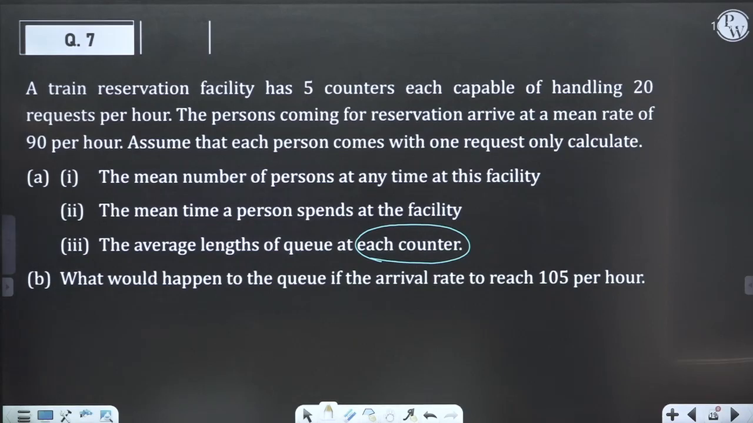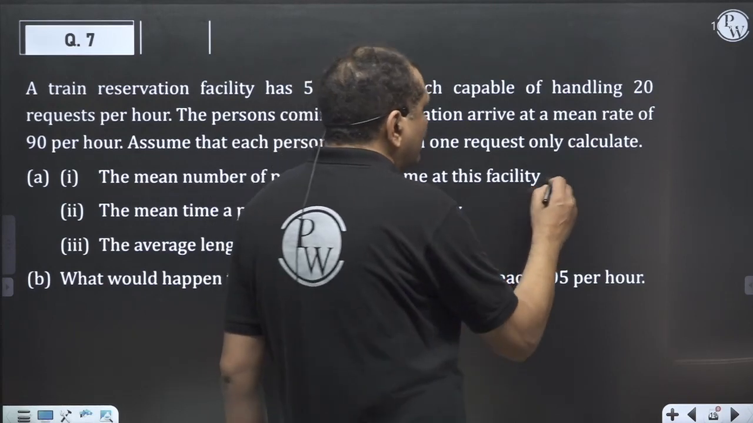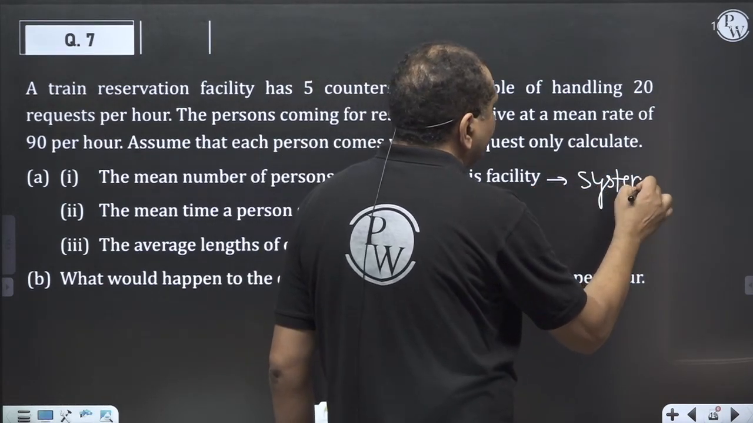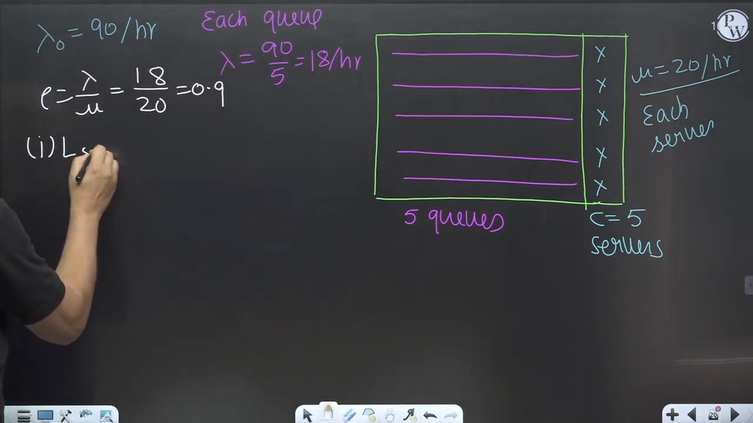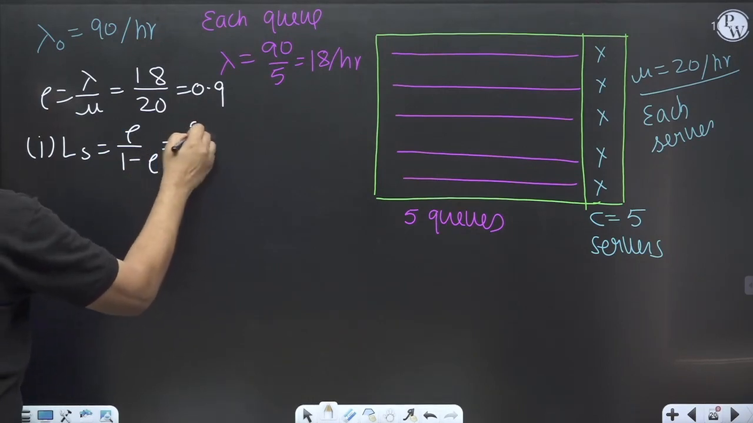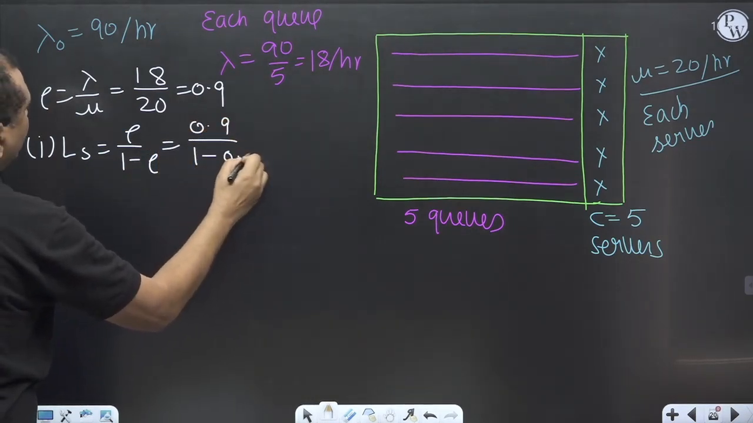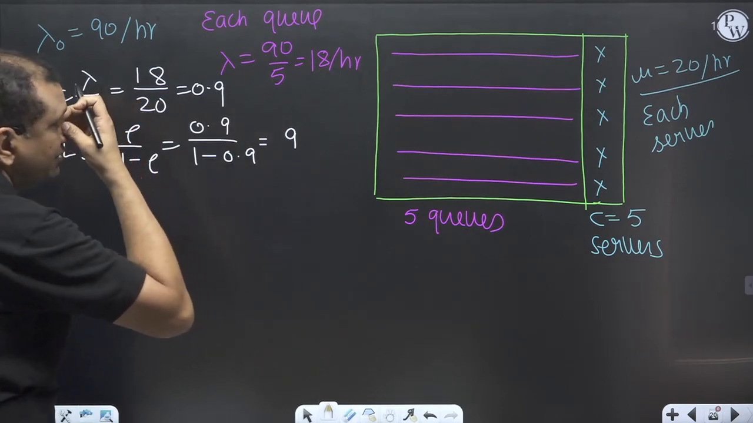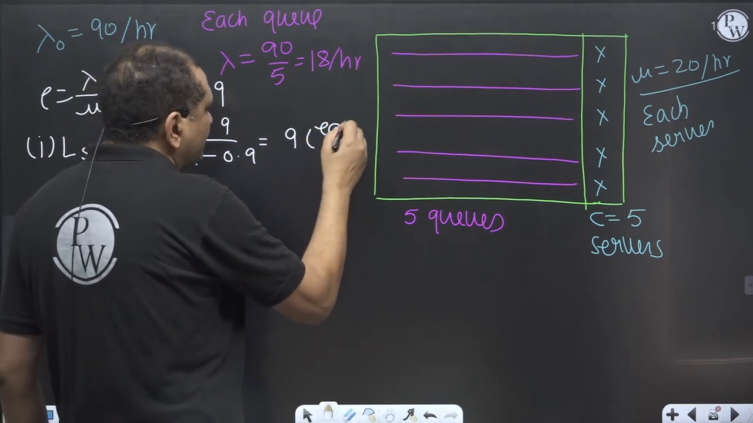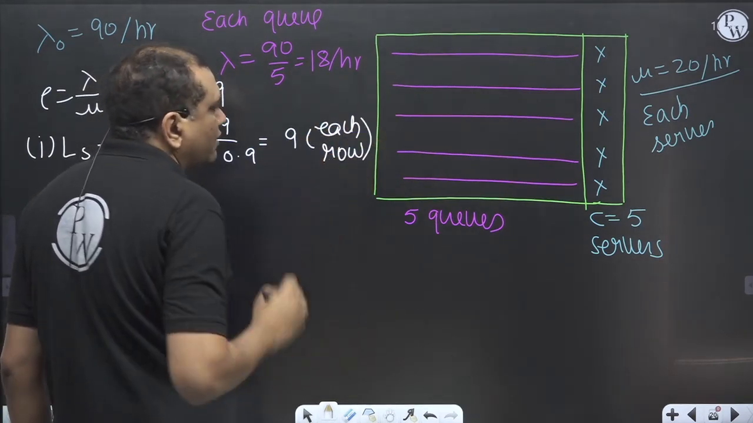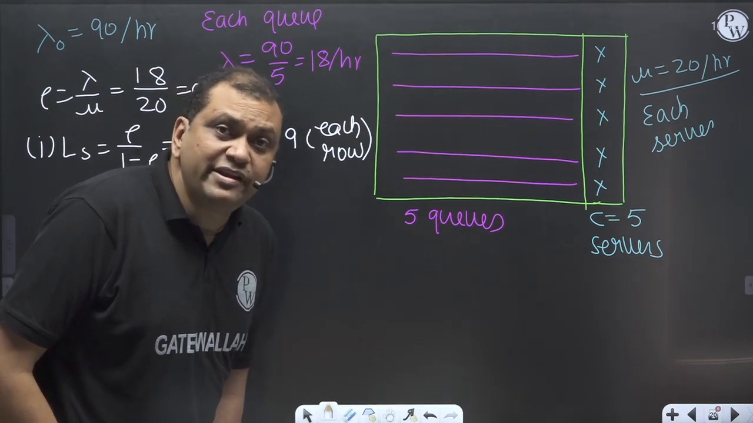Now see what the question is asking. The mean number of persons at any time in this facility. The question is asking about the system. So what is LS? Rho divided by 1 minus rho. 0.9 divided by 1 minus 0.9 comes out to be 9. This is for each row. So 9 people in each system,